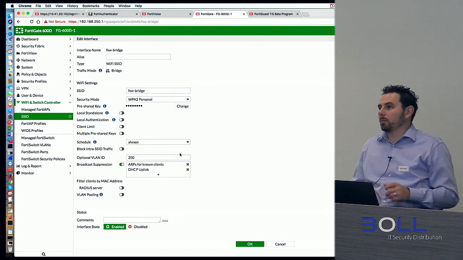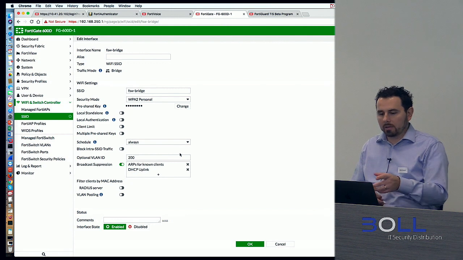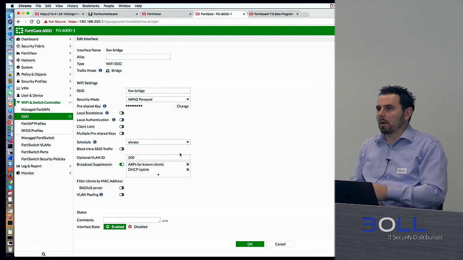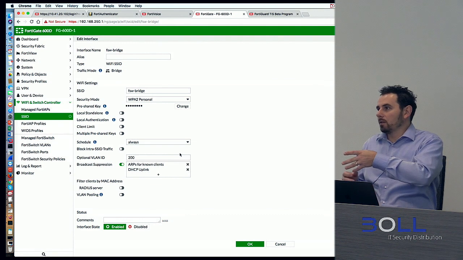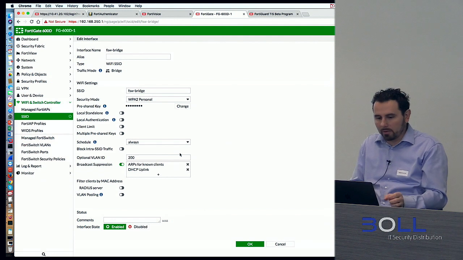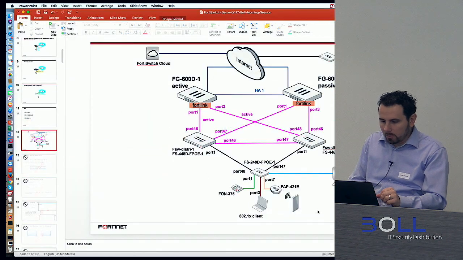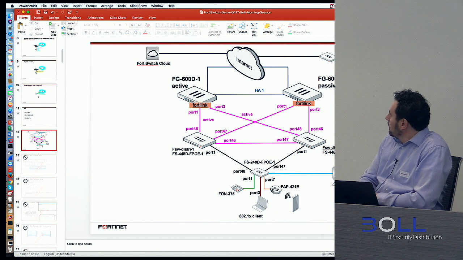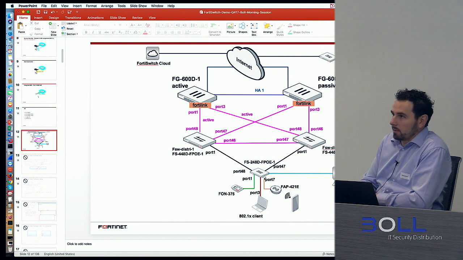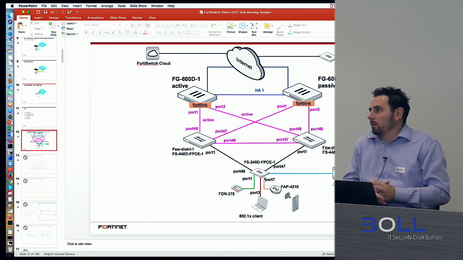So why are we doing that? Because if all the APs have bridge SSIDs that all bridge to the same VLAN, then you are mixing all the traffic. So for each SSID that is bridge, we have a specific VLAN, so you don't mix all the traffic. Let's go back to the diagram. We have the AP that is bridging VLAN with VLAN ID 200 to the switch port. So it means we need to put VLAN ID 200 on the switch port. That's all we need for